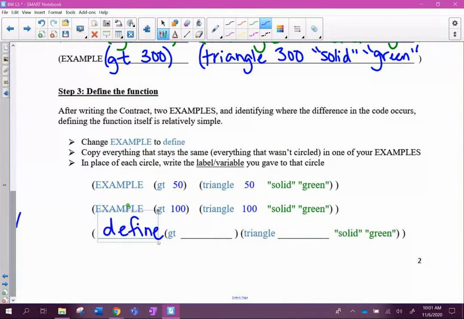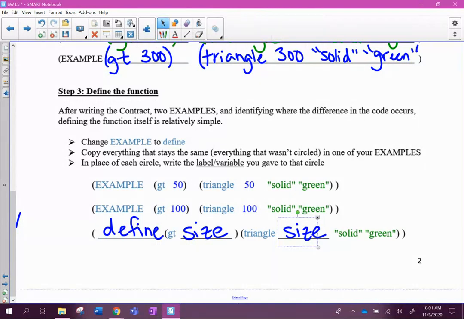So if you look, the GT, triangle, solid, and green are all written, but the space is where the number would go. And we called those numbers the size of the triangle. So we put the label into the definition, okay? Because we are defining what that space should represent. And that space in this function represents the size of the triangle we are creating,